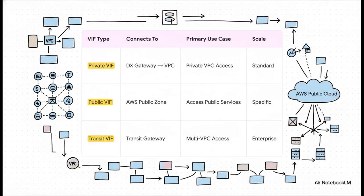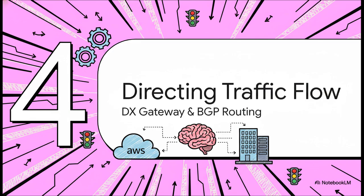Each one serves a very specific and important purpose in your architecture. Okay, so we've got our physical road and we've got our logical lanes painted on it. Now we need a traffic control system. This is where the Direct Connect Gateway and the Border Gateway Protocol, or BGP, come into play. You can think of them as the brains of our entire operation, directing traffic where it needs to go efficiently